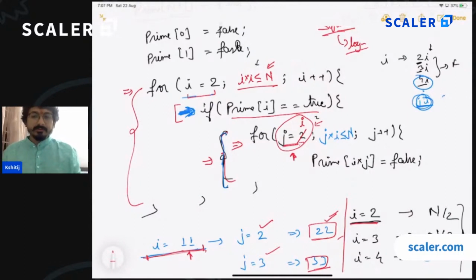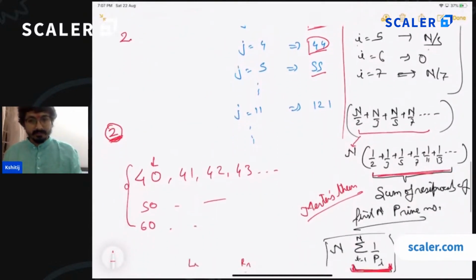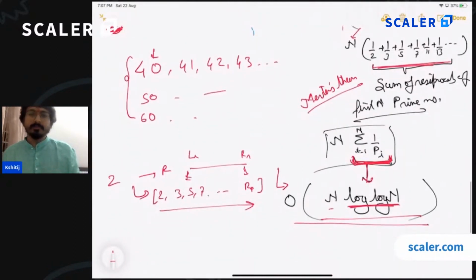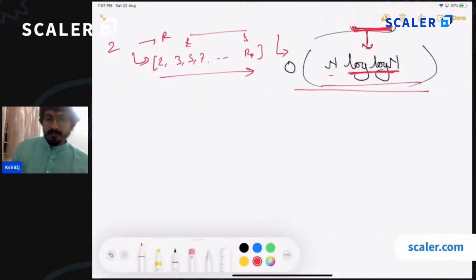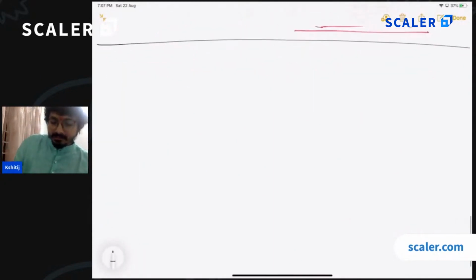Now we'll try to see a problem. We still have 30 minutes, so we'll try to solve a very good problem, which is a very commonly asked and very generic problem. The problem says that given a number,